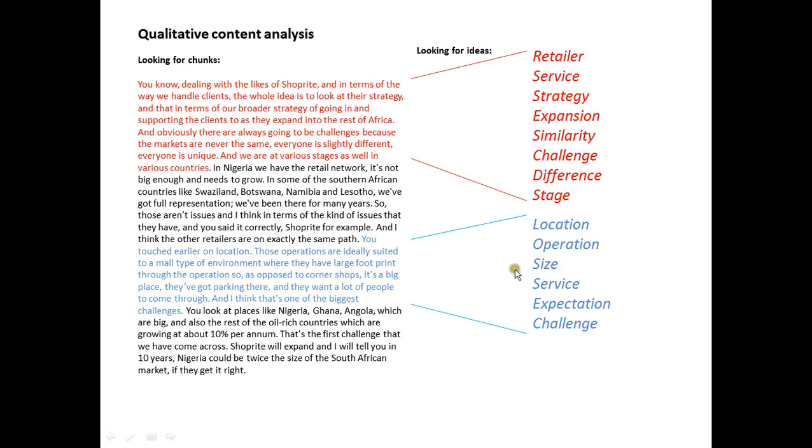Large footprint. Size is a matter of concern to him. Service, well, a small example. They've got parking there. That's an example of a service. Not quite the same as consultants handling clients, but there you go. Expectations. They want a lot of people to come through. Well, it's more an objective, but let's call it they expect a lot of people to come through, and